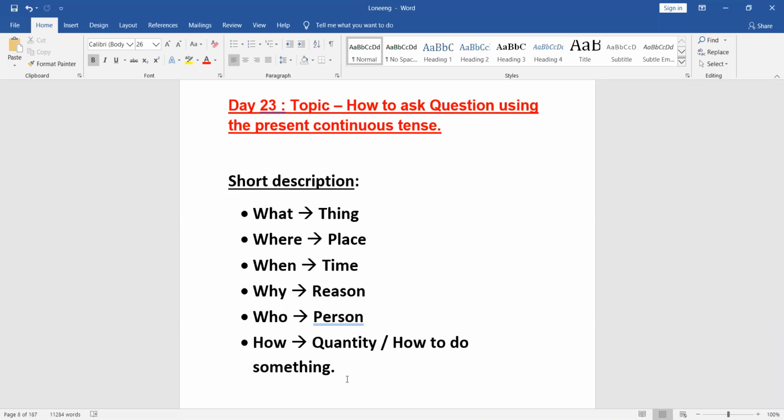Now, the topic for today is how to ask questions using the present continuous tense. Yesterday, we did the same topic, but that was just generally as to how you could ask questions. Now, this one is more to do with the present continuous tense. And what is the present continuous tense? It is an action that is ongoing and that is happening right now. That is the present continuous tense. So something that's happening right now, an action that you're talking about, you would employ this.